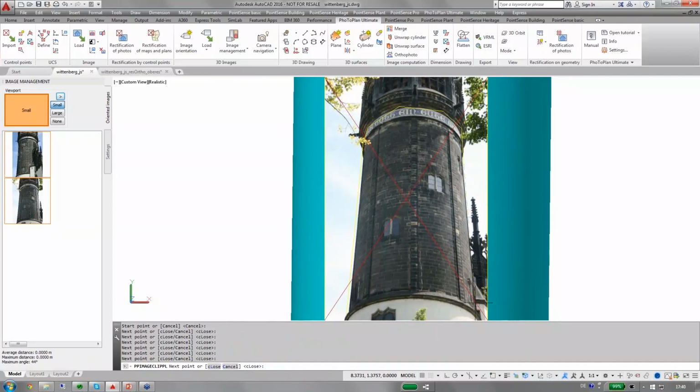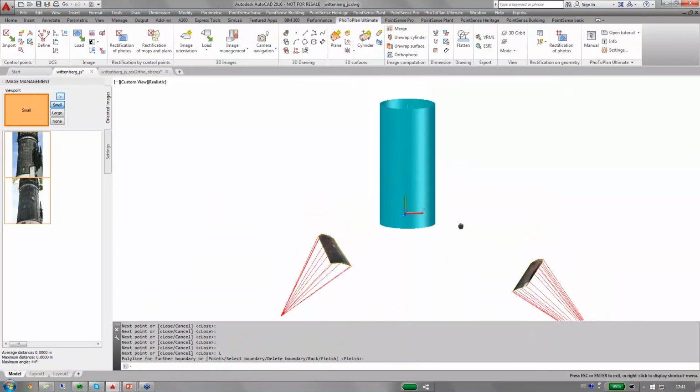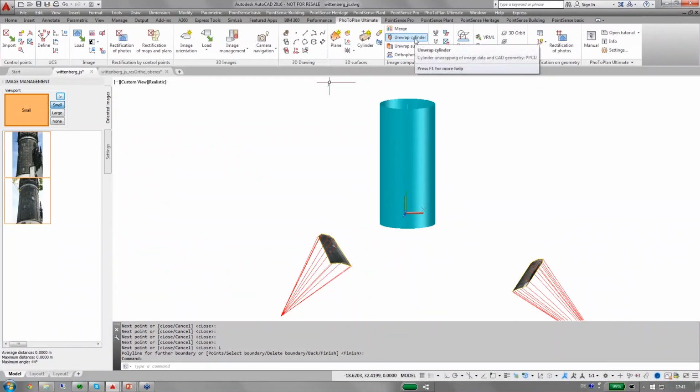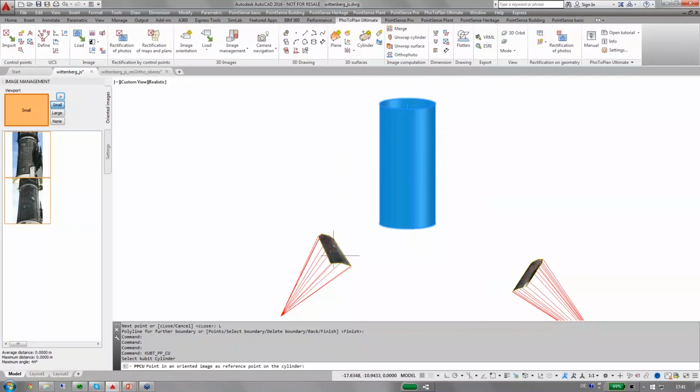And you have to be aware that only those parts which are lying directly on the ideal cylinder will be presented in true length. Everything else will not be. All right, so we have clipped the images. We have the cylinder as a projection surface, which we then unwrap, so I can run the command. So I'll select the cylinder, and the photographs are on the outside of the cylinder, and I will define a reference point over here